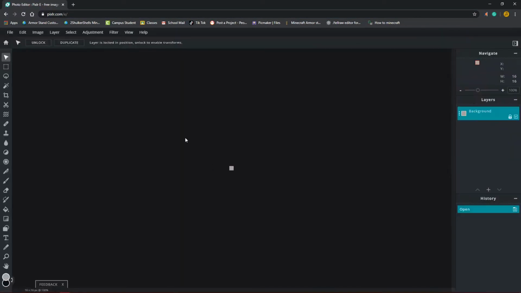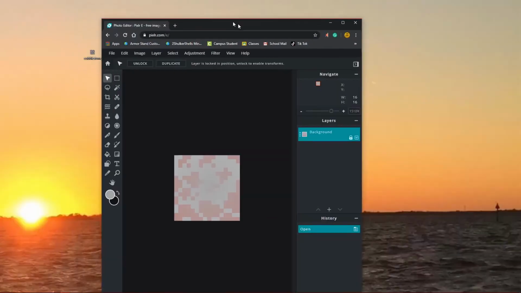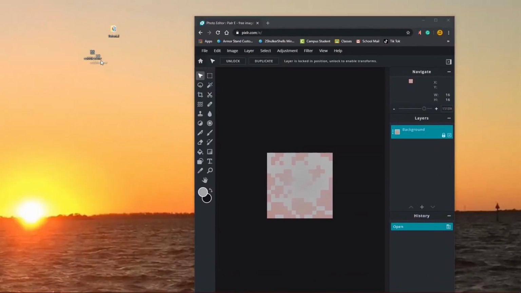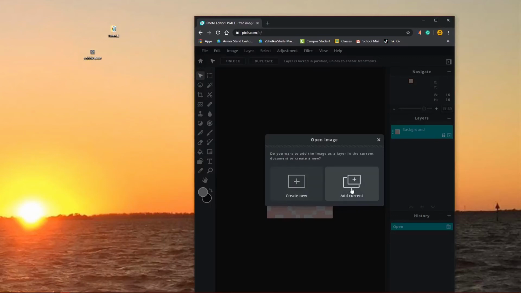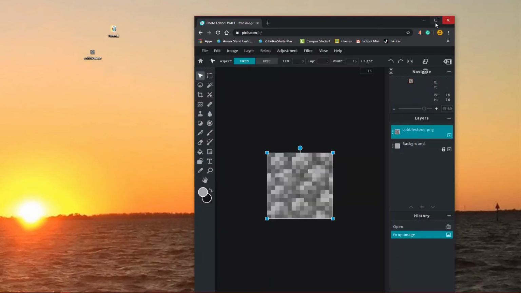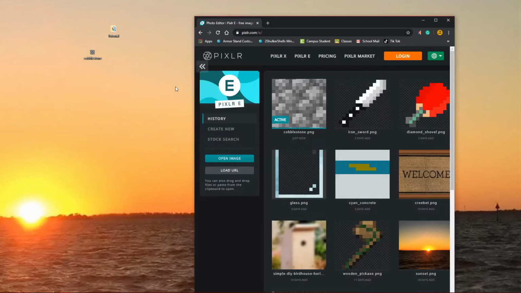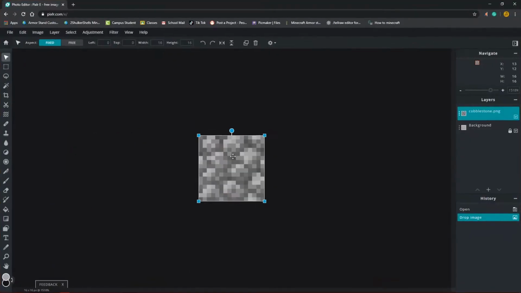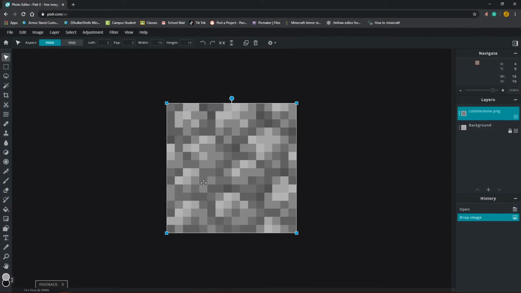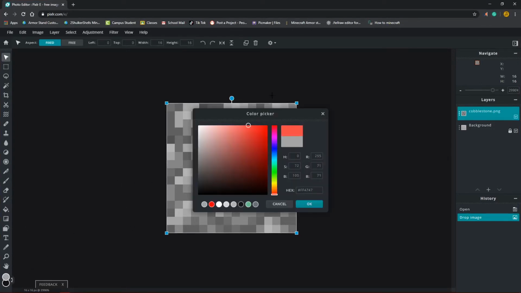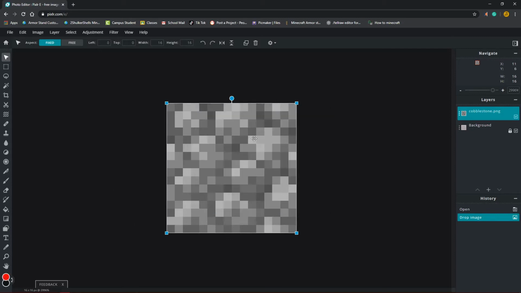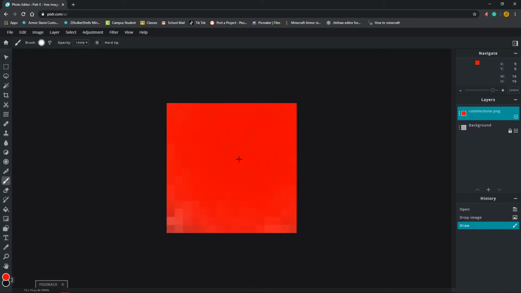Basically, what you're going to do is go to Pixlr advanced and find what you want to do. I've already made a cobblestone.png. Basically, what you want to do is take a cobblestone here and drop it into there. Now, if you're on the home page, you can just drop it like that. Put it over here, and then what you're going to want to do is basically like Photoshop. So what you can do is you can go down here to change your colors. So I can have a red cobblestone or something. You can have red cobblestone,